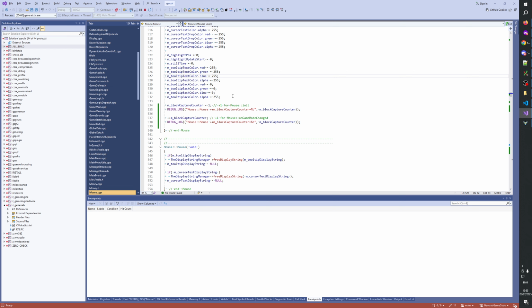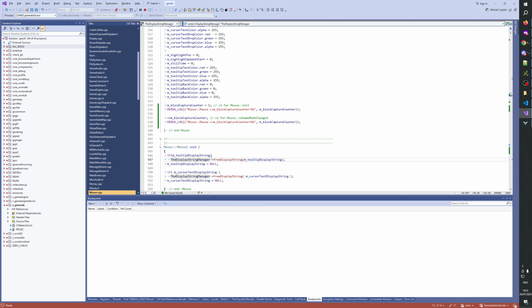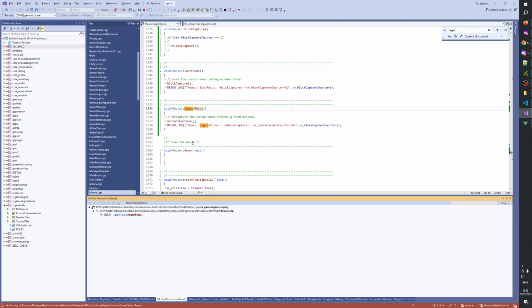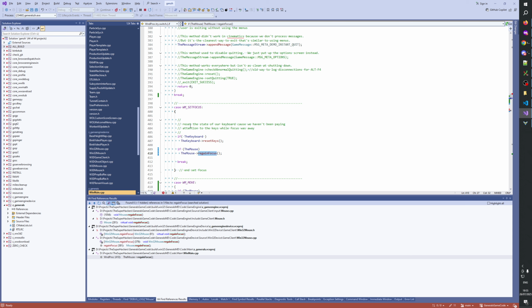Regain focus. Is that related to regain focus? Is that related to this bullshit here? Get focus equals application HWD.